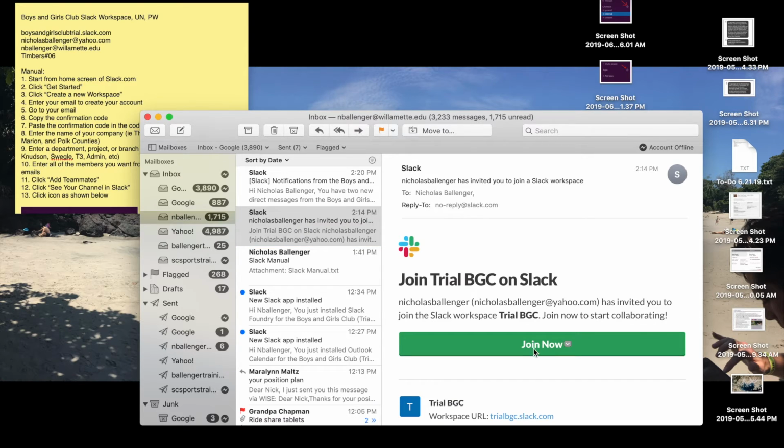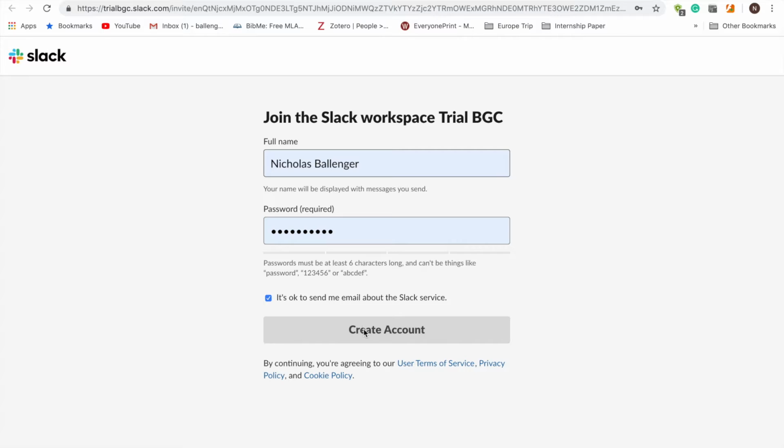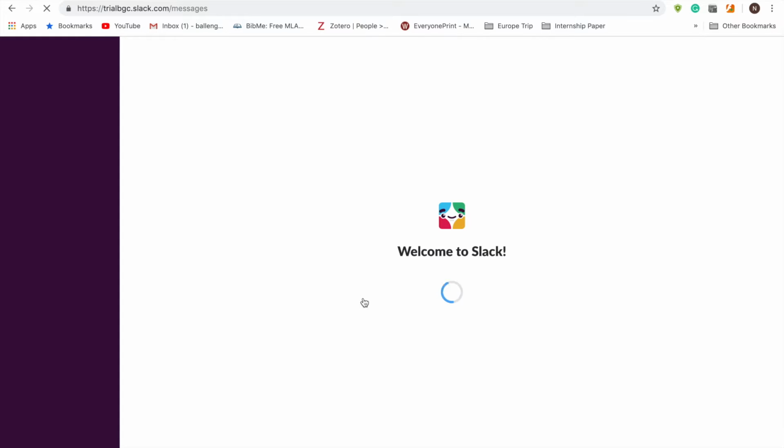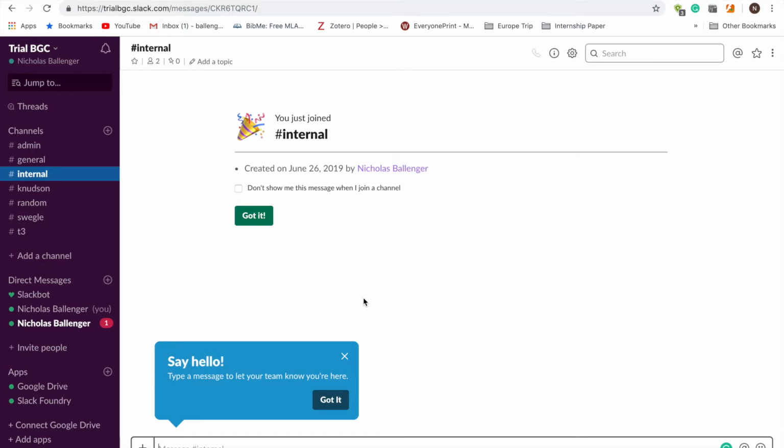But here, I had to sign in with my other account, and this is what it'll look like for anyone that is receiving an invite to join Slack. You only need to put in your name and your password. So once it has been joined,